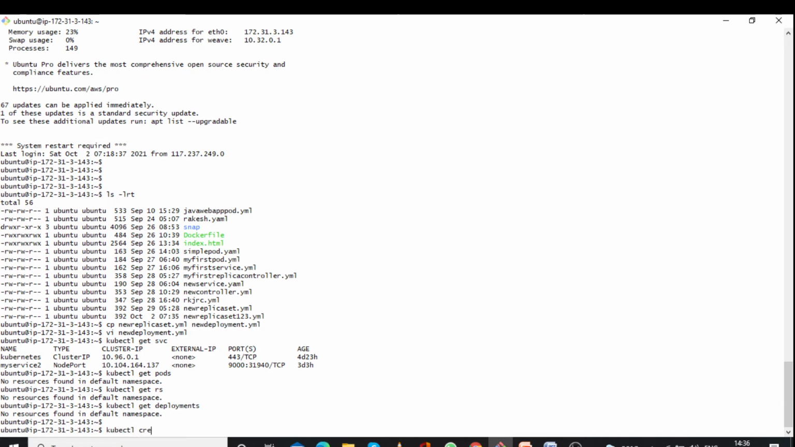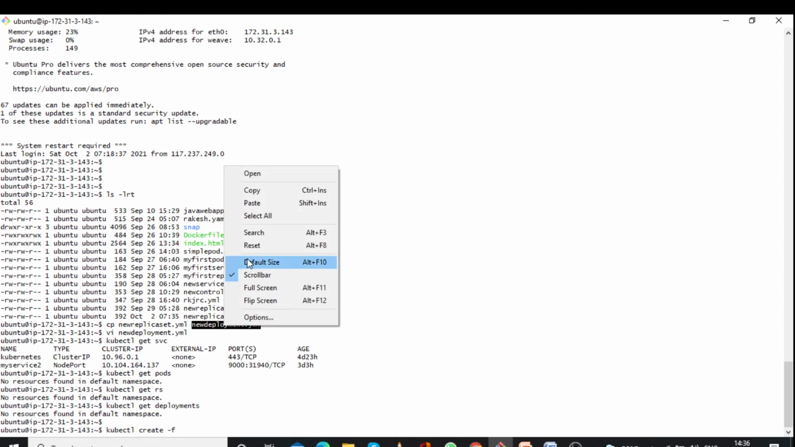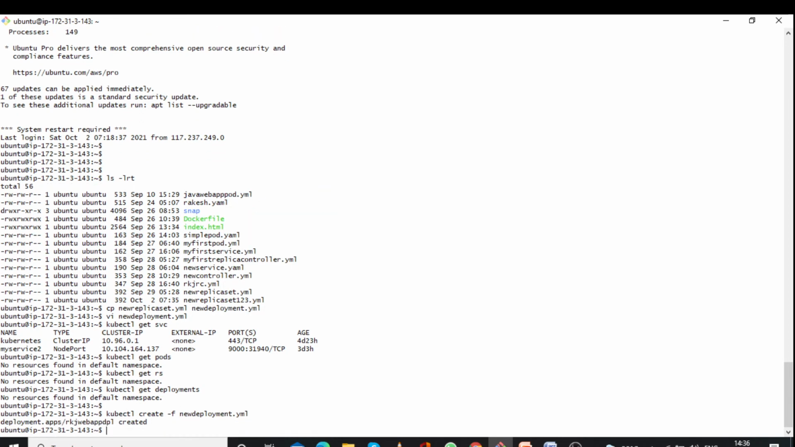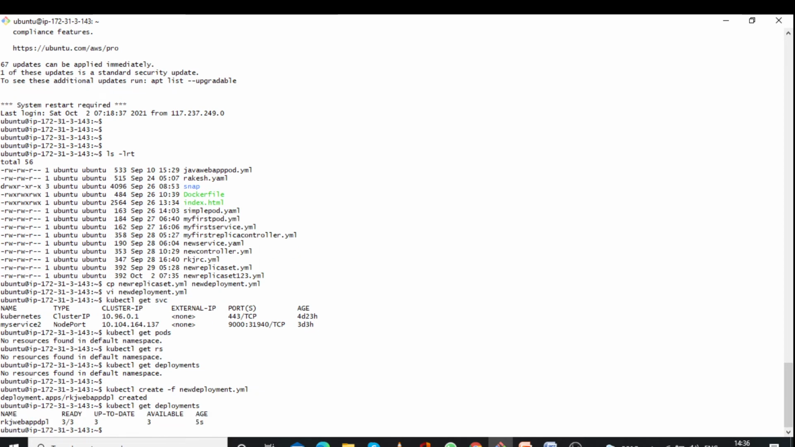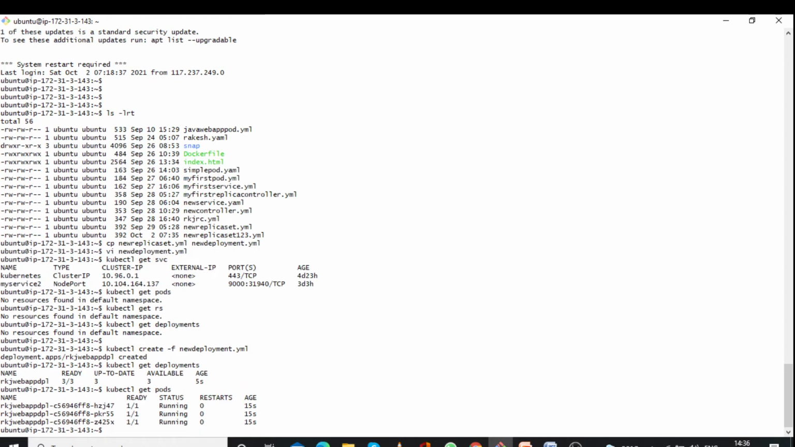kubectl create -f, then your file name. Okay. Yes, our deployment has been created. So, we can see now deployment has been created. Then kubectl get pods. So, 3 pods you can see,